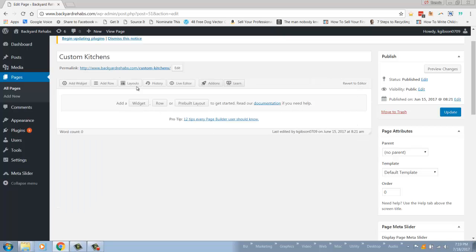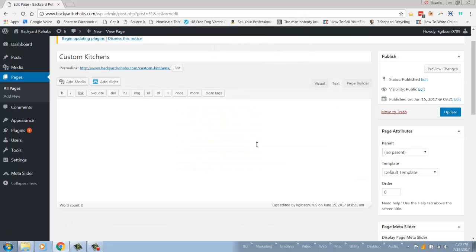Now the page builder, I'm going to go over in a separate video because it's going to make this video too long, so I don't want to go into it here. So I'm going to revert to the editor. You will probably use the visual tab more. So with this, it's going to be like working within Microsoft Word. You're going to type